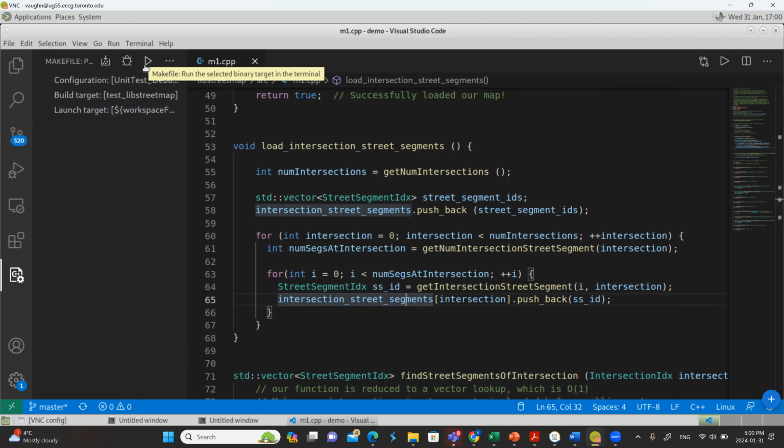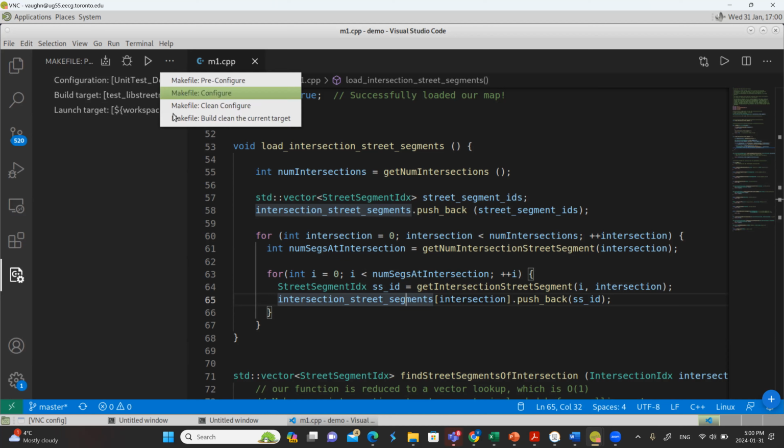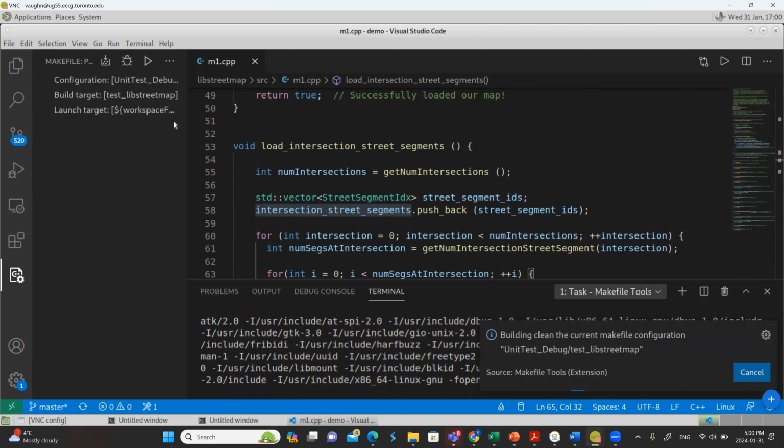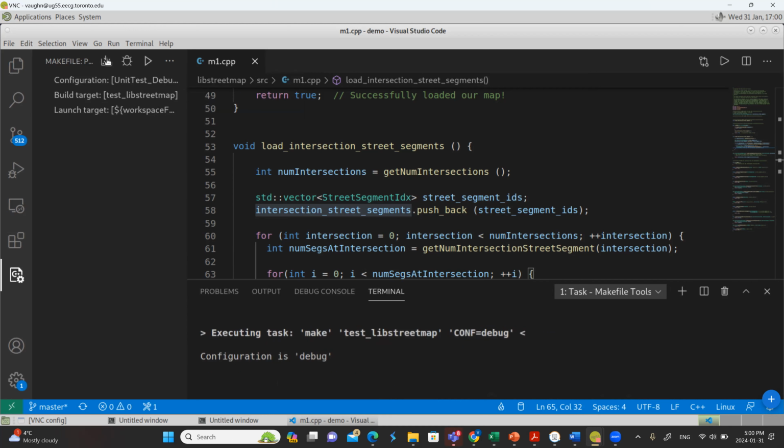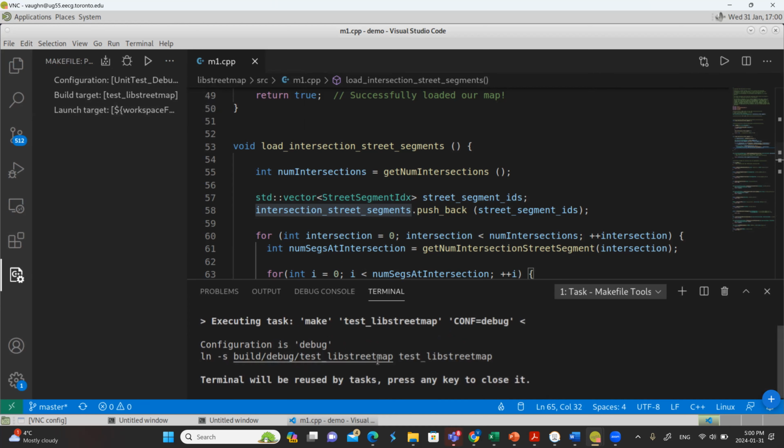Okay, so now that I've done that, I'm going to click on these. I'm going to build the tool. First, I'm going to basically get rid of any old build because I just want to make sure I know what I'm doing. So I got rid of any old build by saying makefile build clean. Build clean means get rid of an old build. Okay, and I did that just out of paranoia. And now I'm going to click this button, which actually builds it. Okay, and let's see.